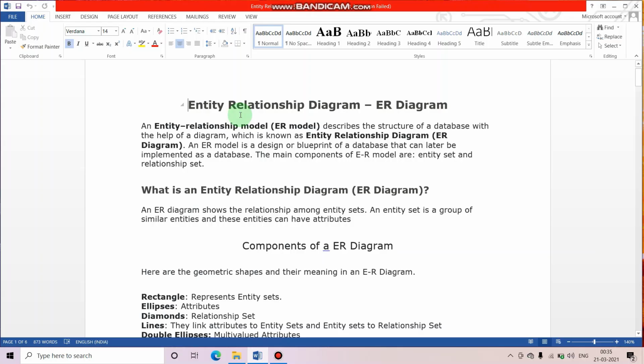Guys, today we are going to start with our new practical, that is software engineering practical. This is all about entity relationship diagram, that is also called as ER diagram. So let's start with our explanation. So guys, entity relationship diagram, which is also called as entity relationship model, is basically used to describe the structure